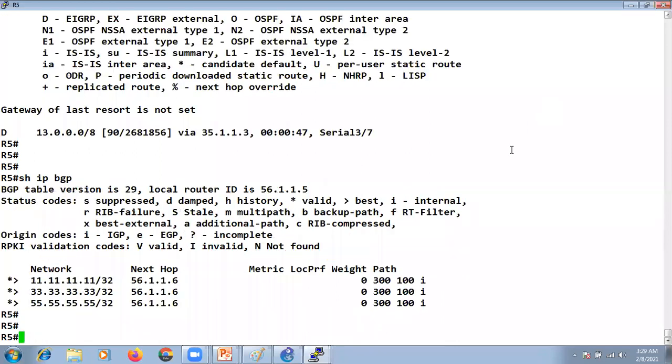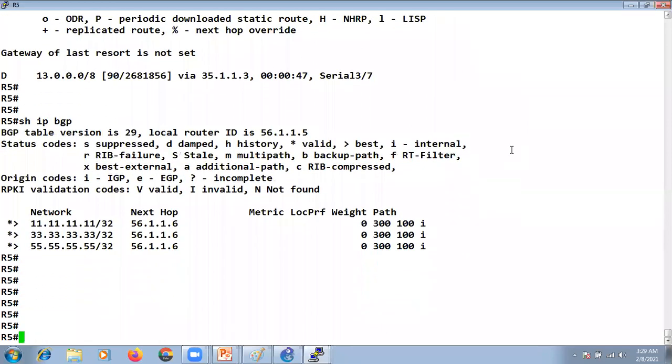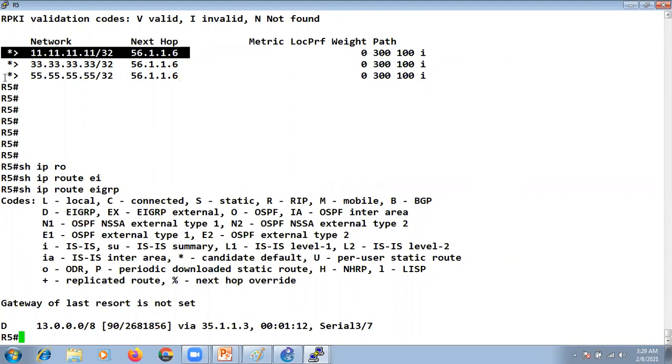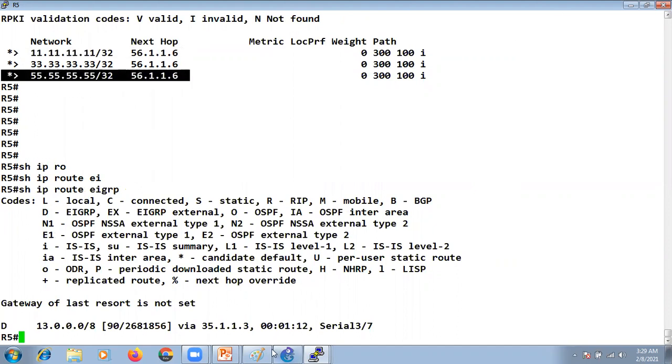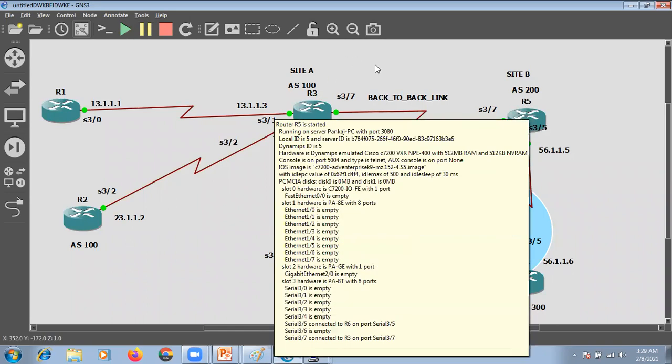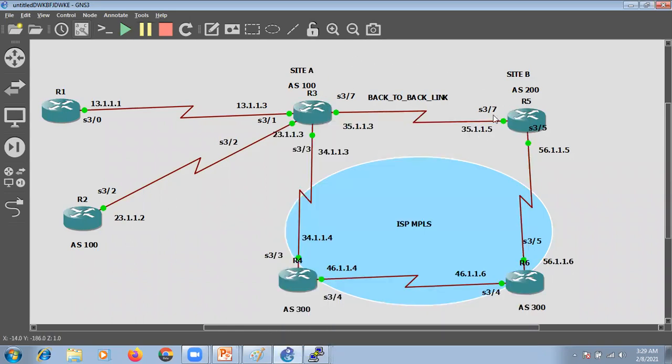So now if you see on the R5's BGP table, we can see these two routes, right? 11.11.11.11 and 55.55.55.55. But if I go to show IP route EIGRP, now these two routes have vanished. Why? Because R5 is now learning these routes via this back-to-back link and from R6 also, right?